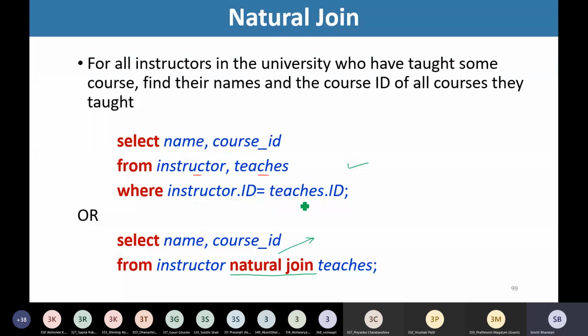Whereas in natural join, we simply provide the relations that we would like to naturally join. Whichever attributes are common in these two relations are matched automatically, and these two queries will provide us a similar result.